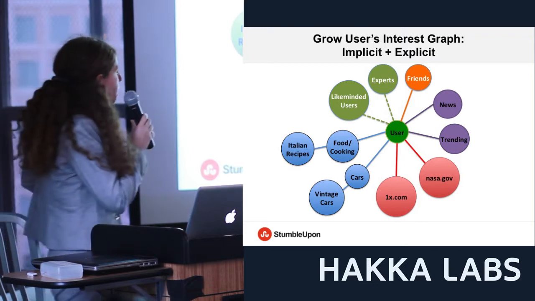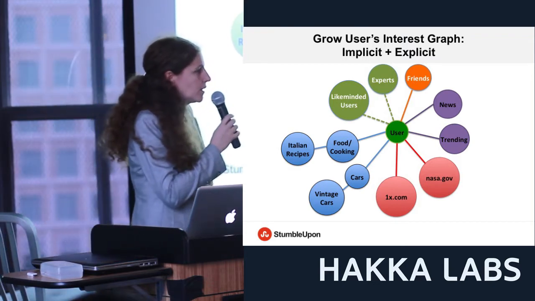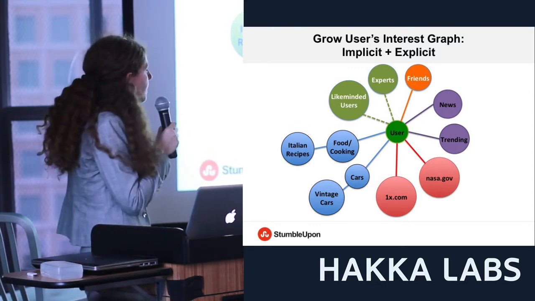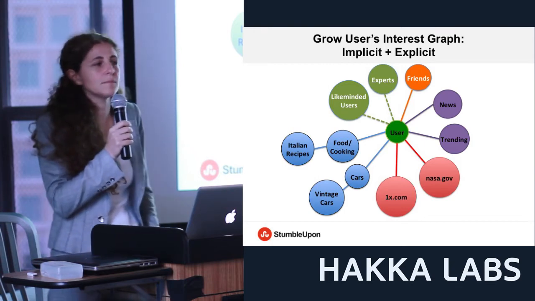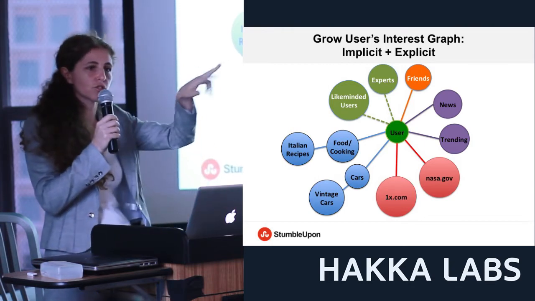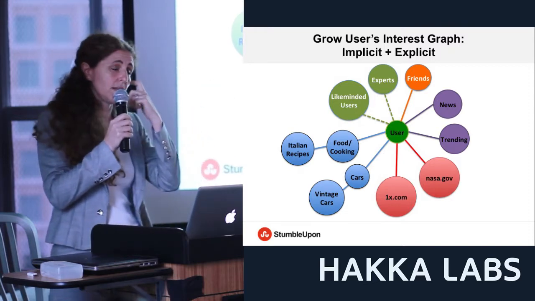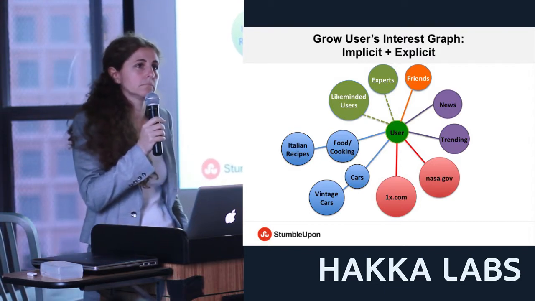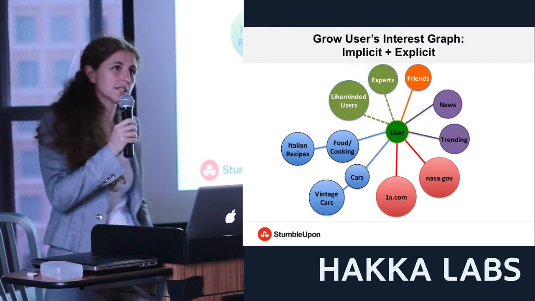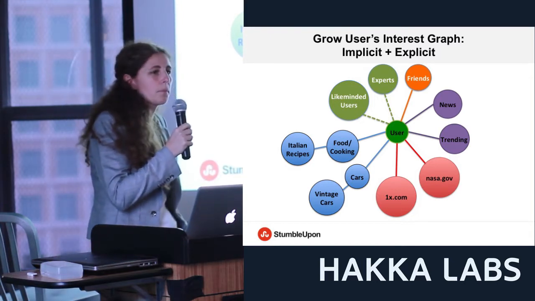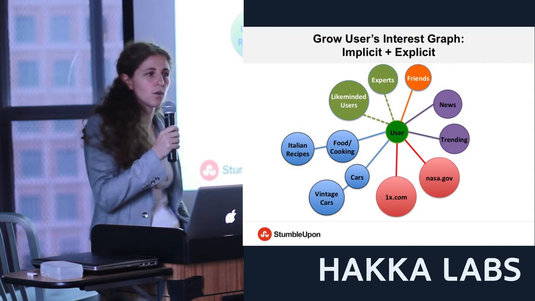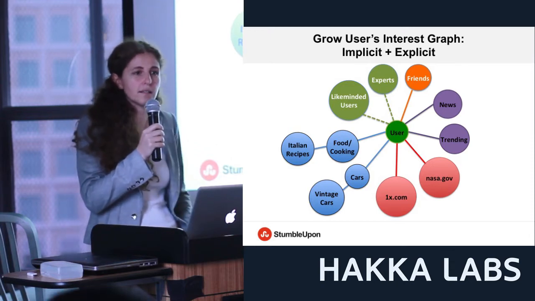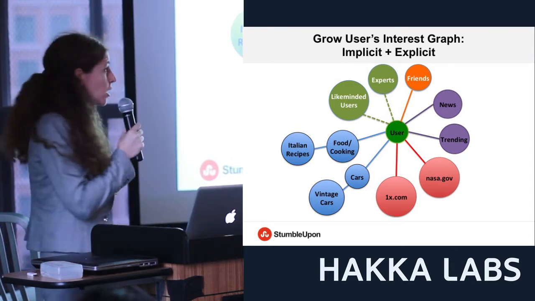And at the end, we also have other implicit signals that we leverage, which are like-minded users, so users that have a similar interest profile, the same selection of interests or similar age, similar gender, and also experts. We have a methodology, an algorithm if you want, that allows us to select a top user within each interest. And so we know that this user usually submits and discovers content that is high quality, and we leverage this user for suggestion purposes.